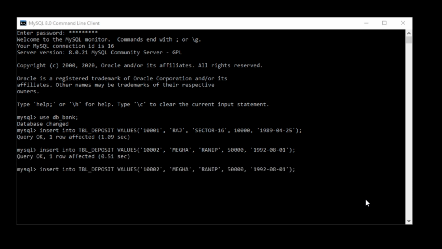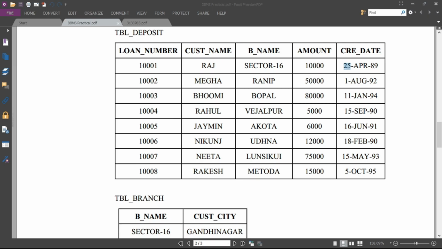Now the third one is 10003, Bhumi, Bhopal, 80,000 and 11 January 1994.